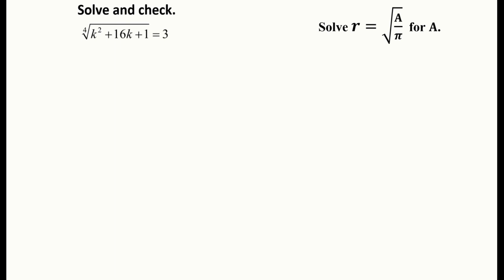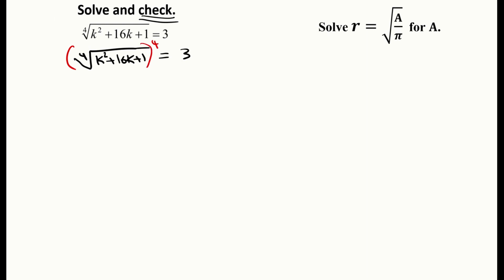All right, so on the left here, we have a fourth root problem. So here, checking is going to be mandatory because it's an even index, but it's rather simple in the sense that we're ready to go ahead and raise both sides to the power of 4. So we go ahead and proceed with that. We take the fourth root of k squared plus 16k plus 1 equals 3. We raise both of them to the power of